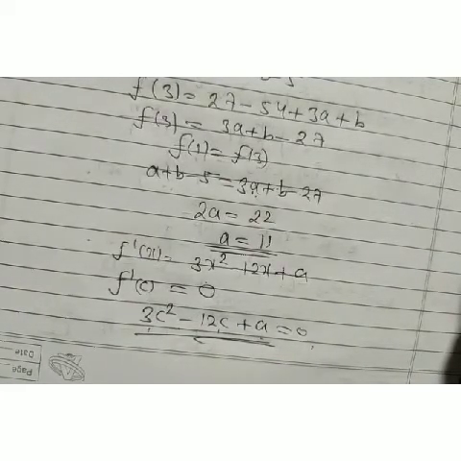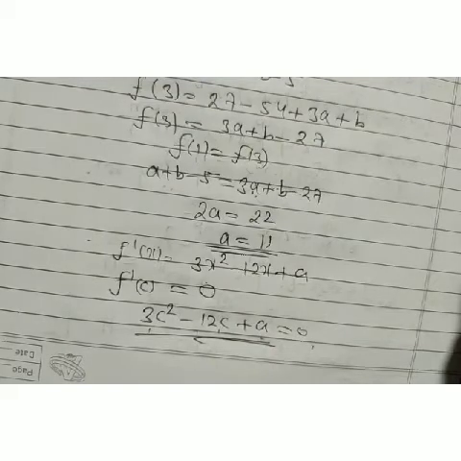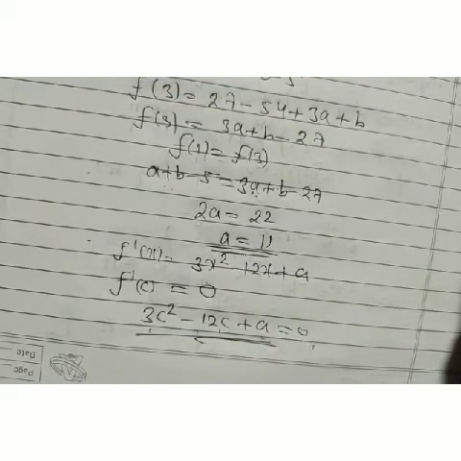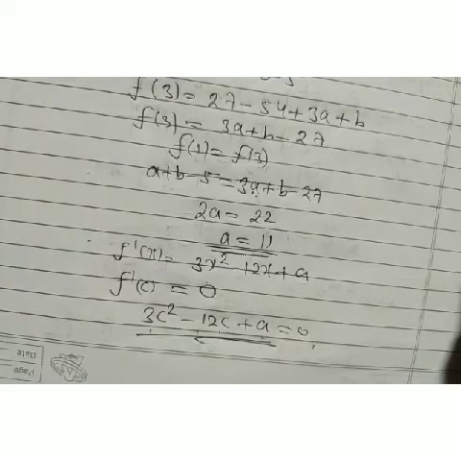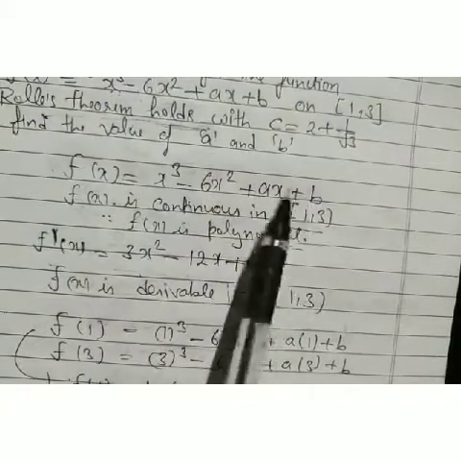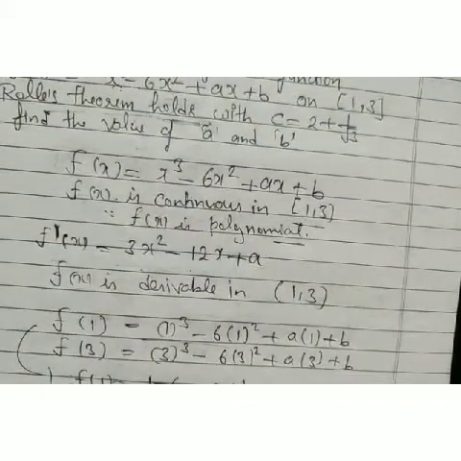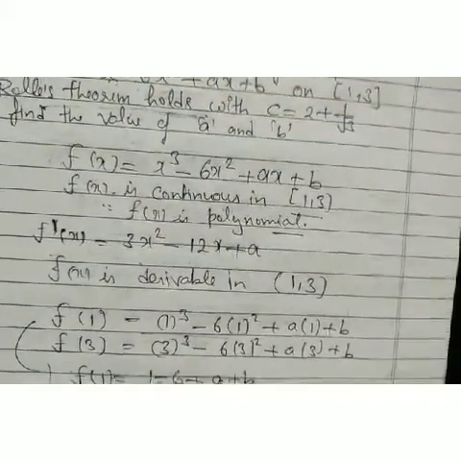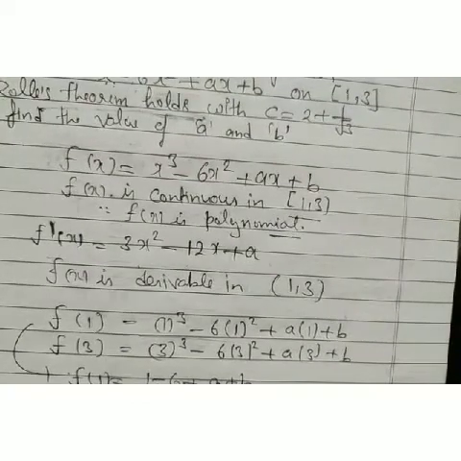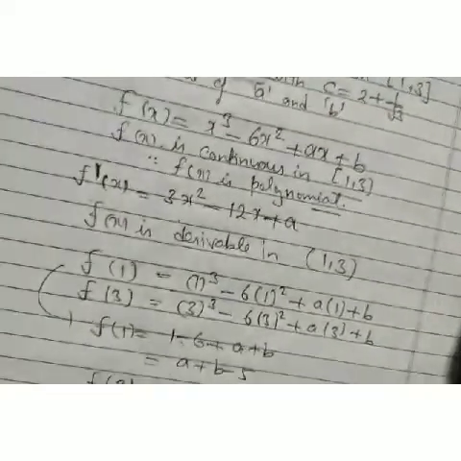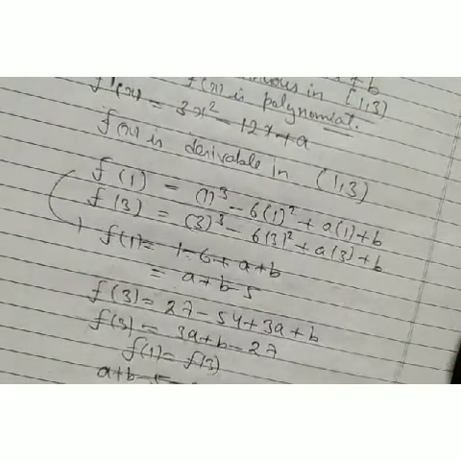That means since our equations are independent of b, our b is arbitrary there. Arbitrary means any value of b can satisfy this equation. Whatever value of b we put, 2, 3, 4, 5, whatever you want to put there, since it's independent of b, our b is arbitrary. Whatever value of b you put, it satisfies the equation there. It holds for our equation.